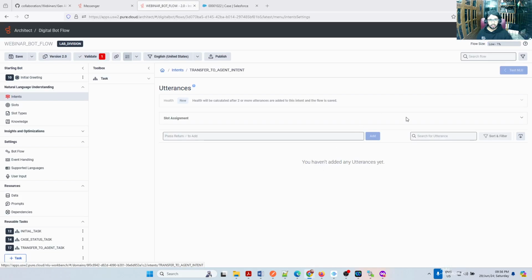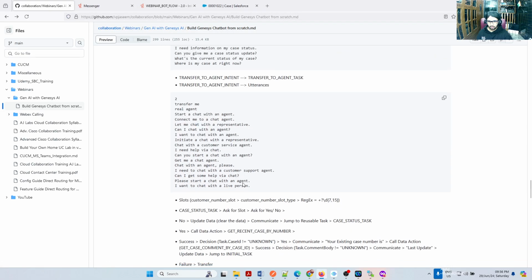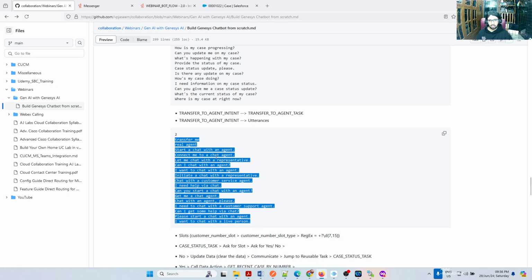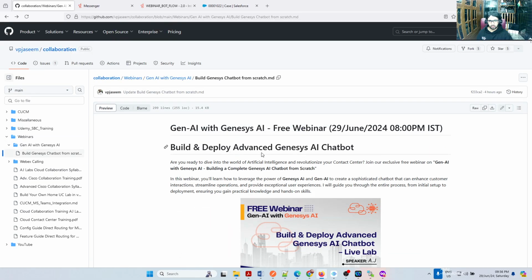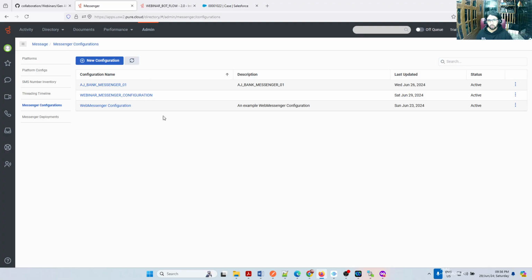So in the utterance page, in my demo, we have demo utterances here. I have added, I think, yeah, transfer me, real agent. These are all example utterances I can add, but I'm just adding a few of them which are available in the flowchart, so that will make more sense. So in the flowchart, it says, we are designing this part, by the way, transfer to agent. This requires the API integration that we will do. Right now it says live agent, transfer me to a live agent. So let me add those utterances.